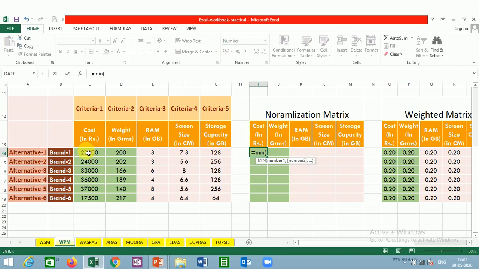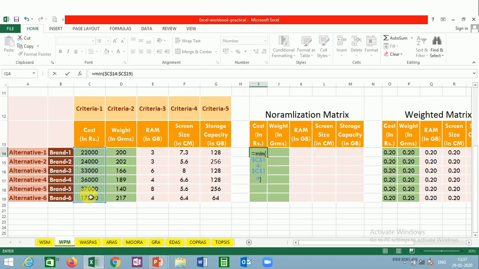Now select the entire range. We need to freeze this range because we want to drag that formula across all the cells of the cost criteria. So how to freeze it? By pressing F4. Those using a laptop where the function keys are there, you need to press two buttons at one time, the function button as well as the F4 button. So do take care of that.